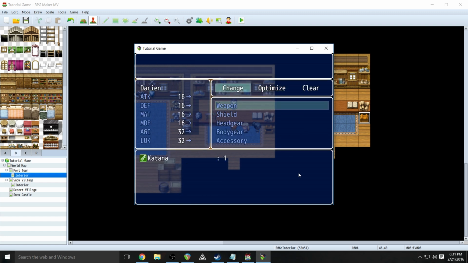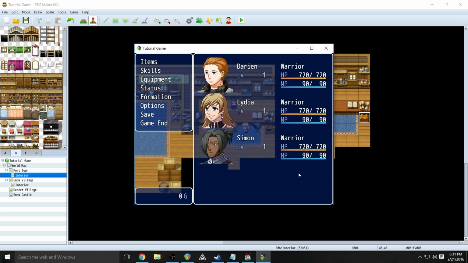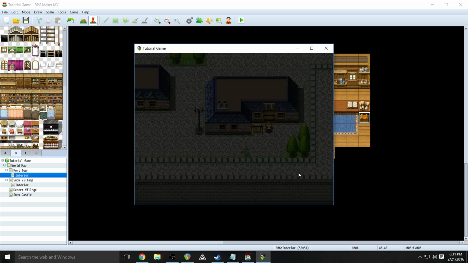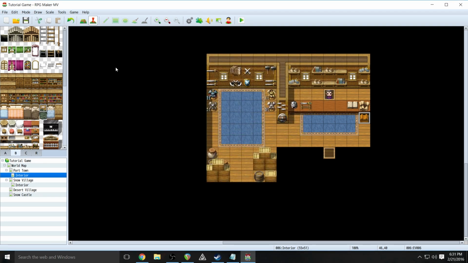Optimize. Guess not. It doesn't seem to want to equip him a katana. That's fine. But anyways, we have the katana. It's there. That's great. So now there's one more type of script that we're going to talk about, and it